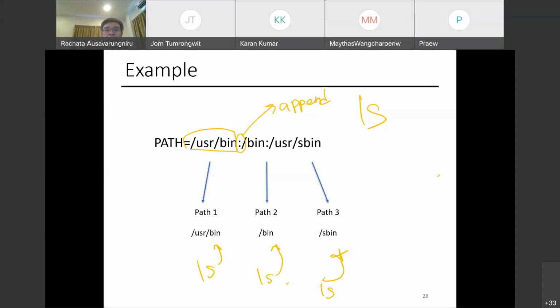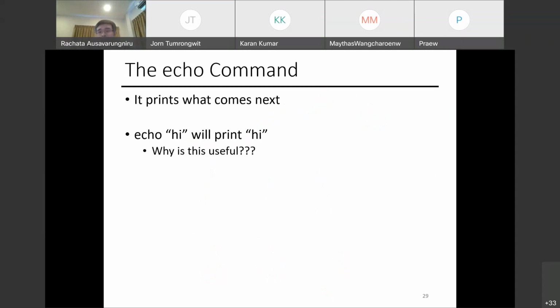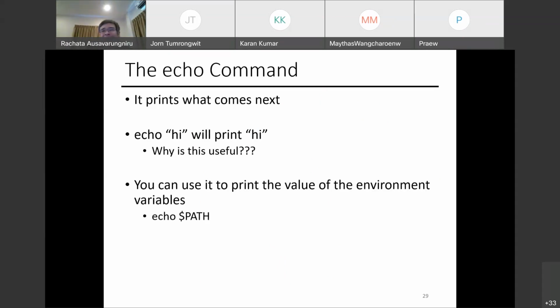All right, what else? There's an echo command. Echo is like print. It prints what comes next. So if I say echo hi, it would literally print hi. And you might be wondering, why do we need this? The reason behind this is you can use the echo command to print our variable.